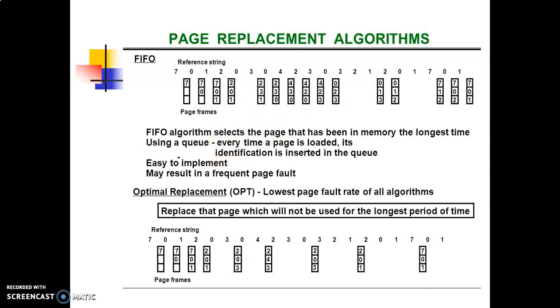In this example, 7 is placed in stack 0, then the next page is placed in stack 1. Then 2 will replace 7 because it is the least recently used. This means replacing the page which will not be used for the longest period of time. Similarly, in this example we can see that all the pages are replaced. This one is called the FIFO, first in first out approach.